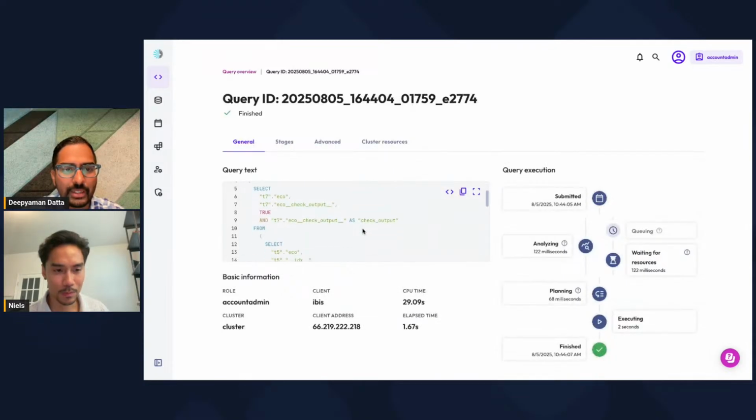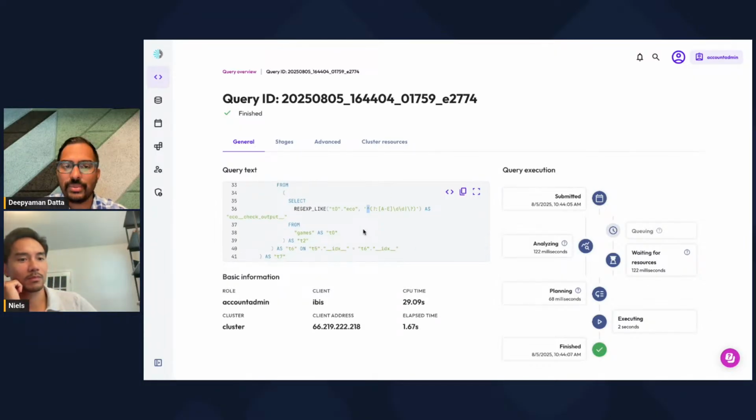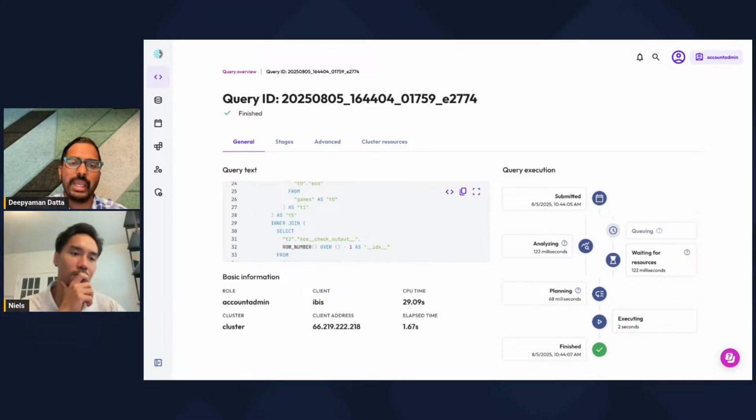And if we look at this query, we can see that it is constructing this regexp-like expression, this specific regex that we did. We can see some of the translation it did here. It added the little caret. Pandera's logic is doing that. So it ran this for essentially our check where we're looking at the regex match for that eco code.